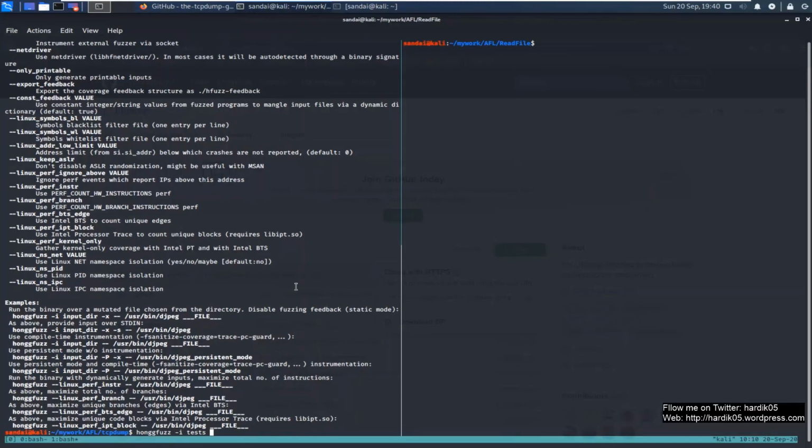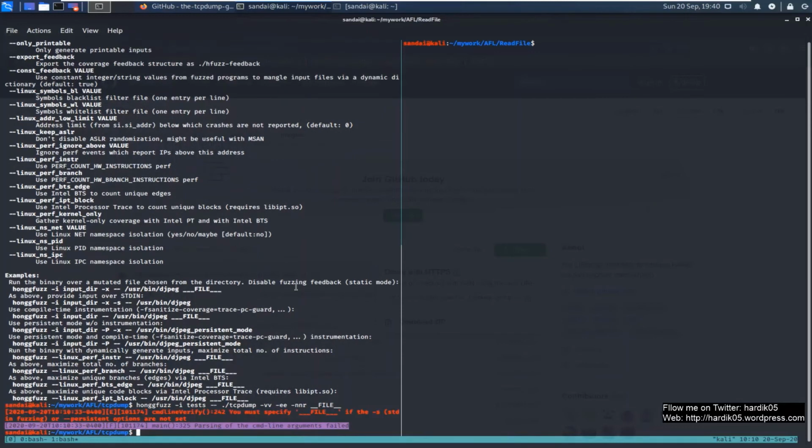And that's it. You just need to give -- ./tcpdump, and -vvvnnr, and then you need to give ___FILE___, and let's run it.